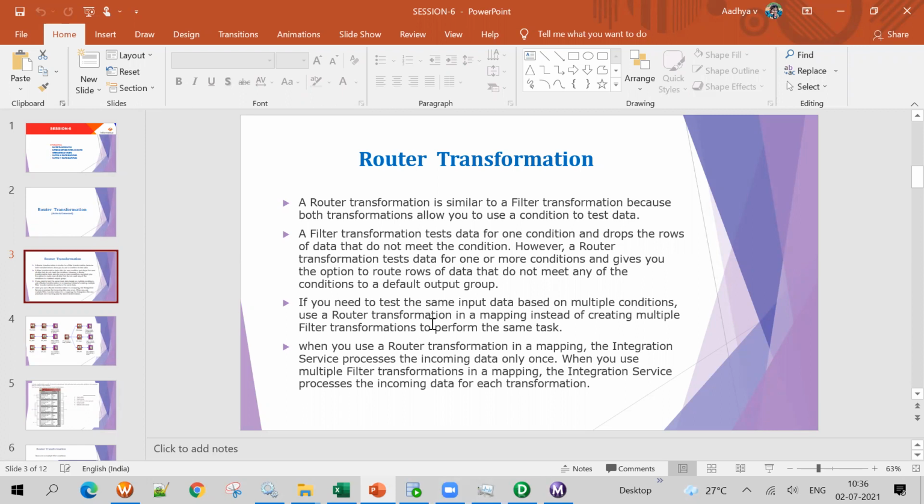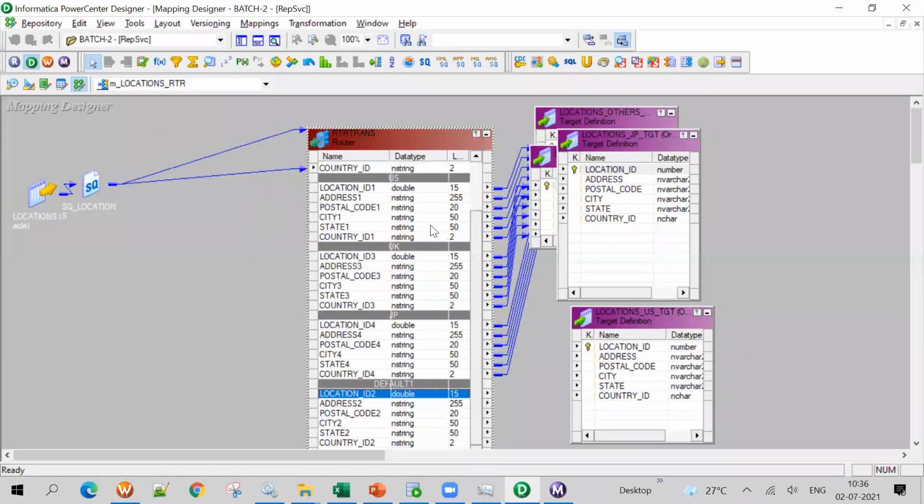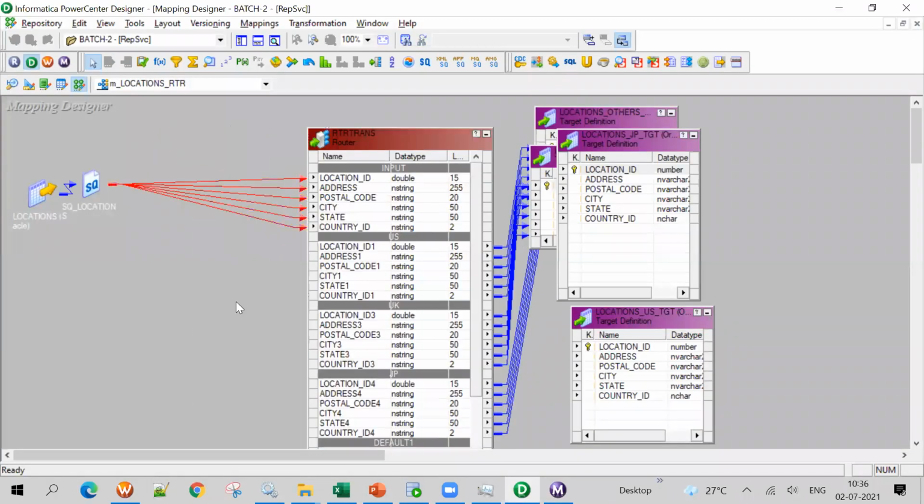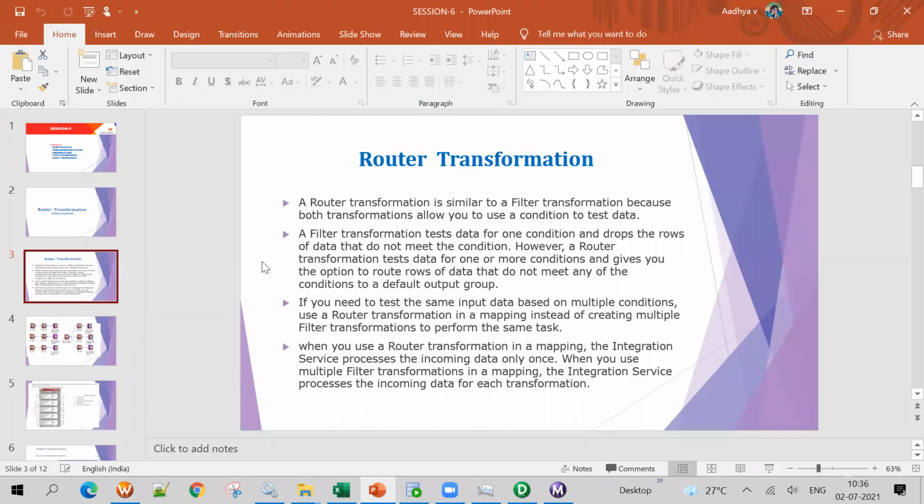When you use a router transformation in a mapping, the integration service processes the incoming data only once. Even if we have 100 groups, the integration service will process it only once. When you use multiple filter transformations in a mapping, the integration service processes the incoming data for each transformation.